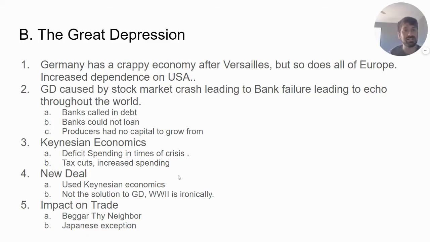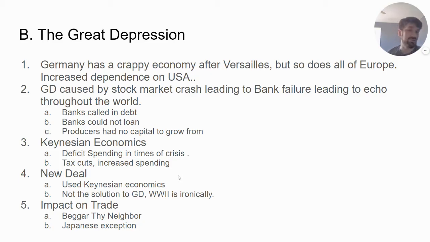FDR, Franklin Delano Roosevelt, is elected in 1930 or 32, I think 32, on this policy of Keynesian economics, and it's called the New Deal. It's largely successful, but in order for it to have been comprehensively successful, the New Deal needed to have worked a lot more, done a lot more, and ultimately FDR does not have the political capital required to keep pushing the New Deal through. He has some problems in the courts. He has some problems in Congress, even though he has a supermajority in the Senate and in the House.